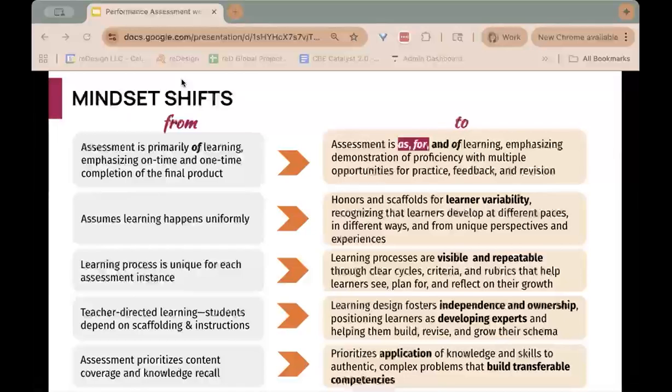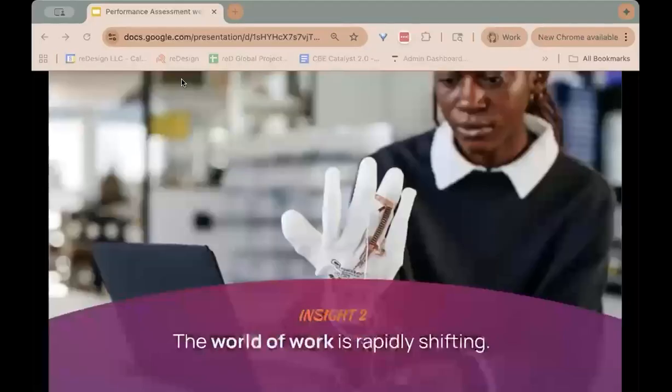The second reason is in order to ensure that young people become the agents of their own learning. We use the word agency all the time in education now. And we mean that in a very particular way, which is for students to be able to engage in very rigorous deep learning and design and creation. That would be the agency that we want to make sure they can do across contexts. All right, let's look at some data.